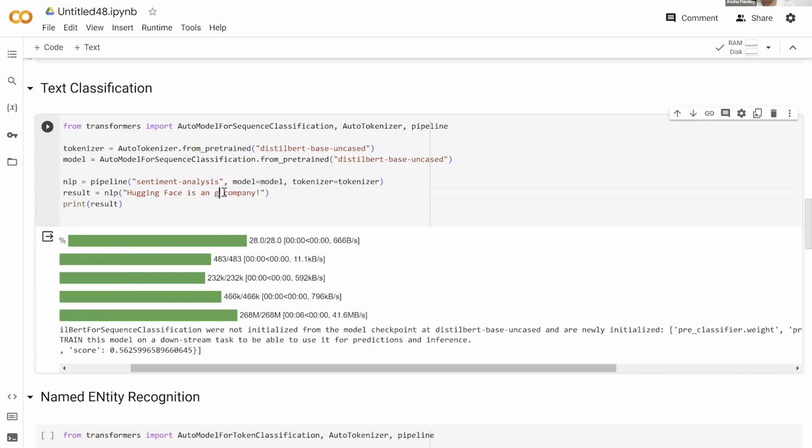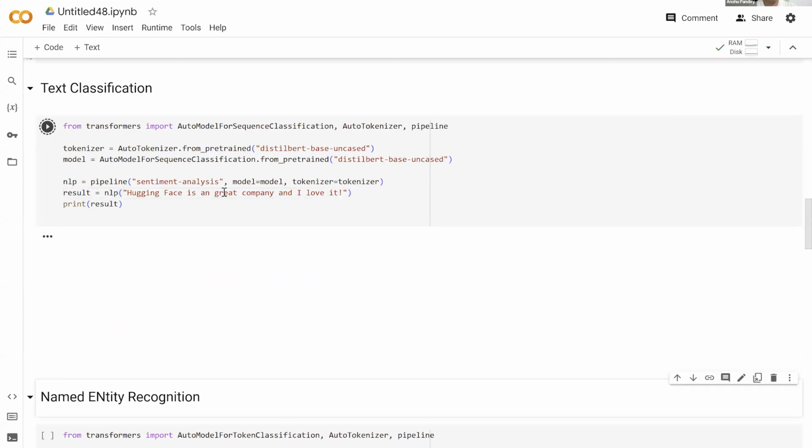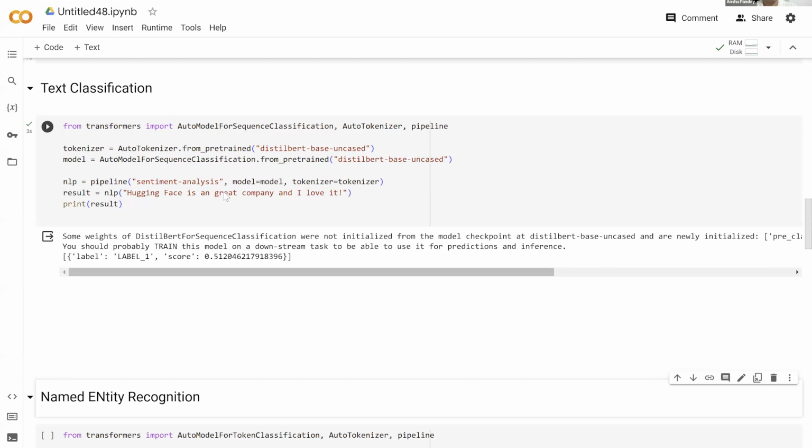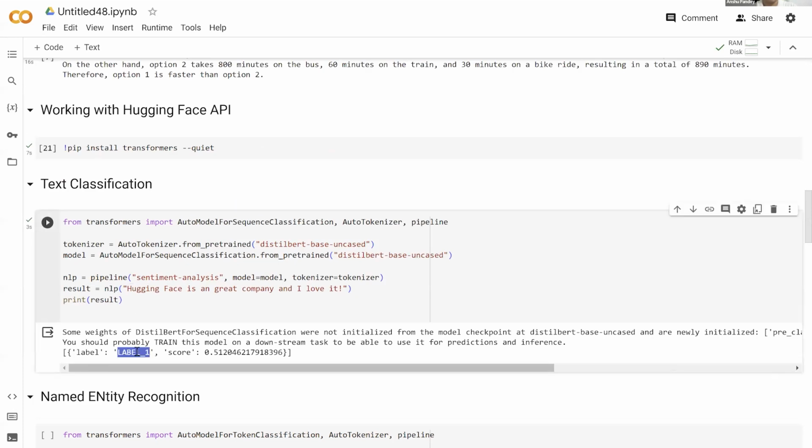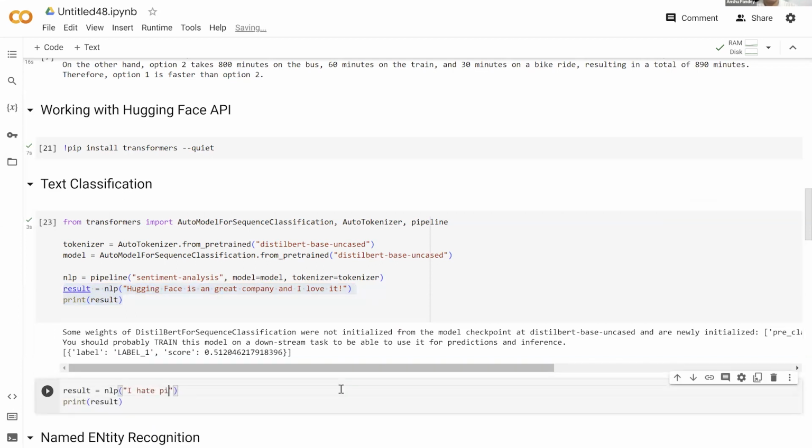And I can say, Hugging Face is a great company and I love it, just to make it label 1, right? 0 can be thought of as referring to -1, and label 1 is like positive. And if I use it the same way for a different one, maybe I'll take pizza